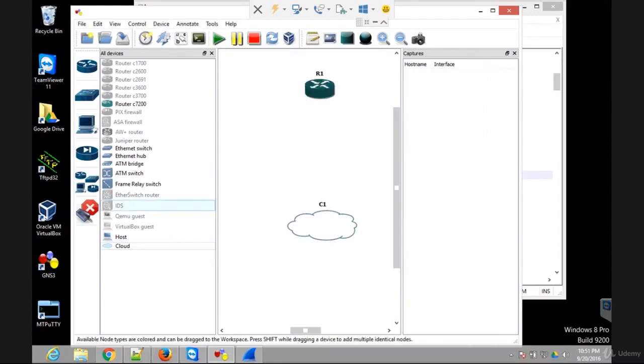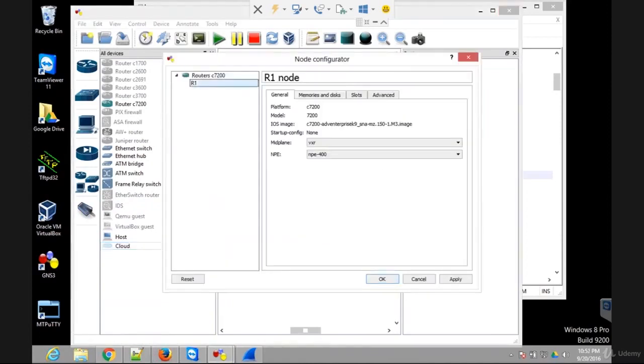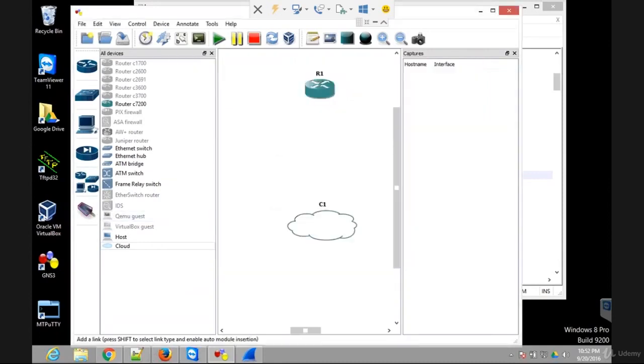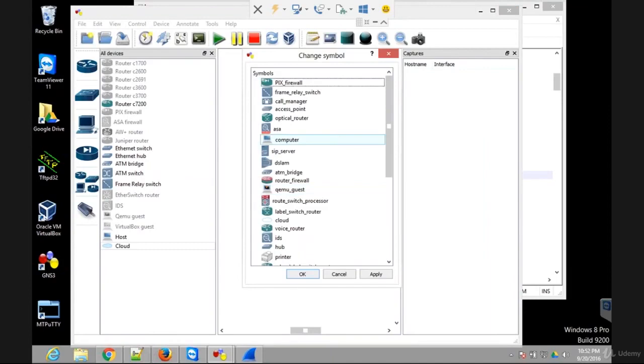For the router as well, I need some interface. So what I can do, right click on router number 1 and I can choose one interface. So suppose I am choosing slot number 2 FE. Okay, now I can connect this router with this PC or the virtual interface. This PC I can change the symbol so it will look like a PC. Okay,